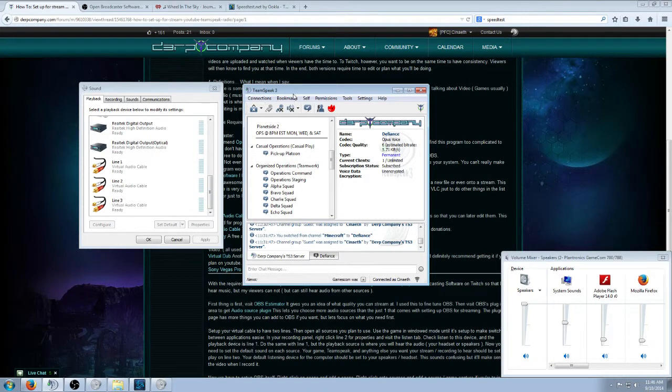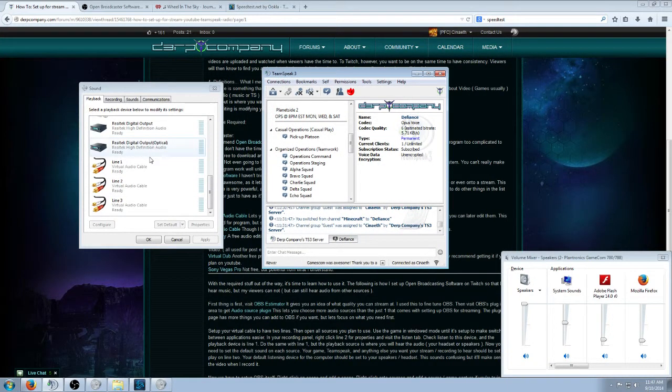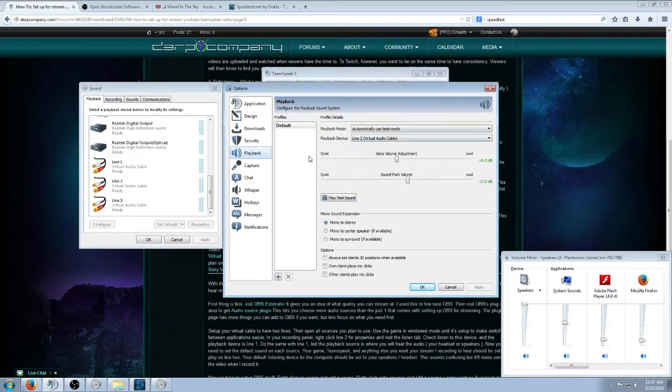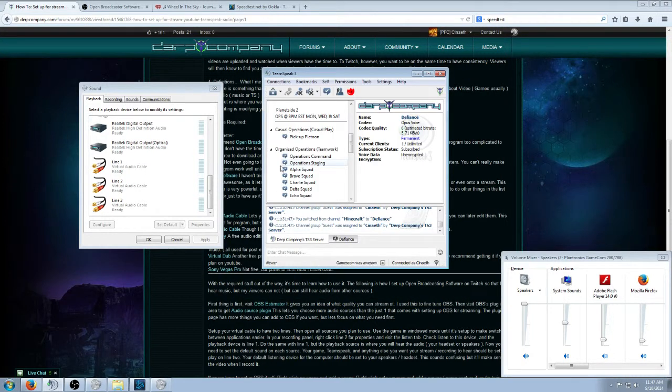Alright, so in TeamSpeak, now that I have all the virtual audio cables set up, I'm going to go into Settings, Options, and you can see that Playback is already selected, and Playback Device is line 2, which means that all sound that is received by TeamSpeak, so anyone talking to me on TeamSpeak, is going to be played on line 2. Now here's a slight problem. That means that if I'm not listening to line 2 as my default speaker, I can't hear anything that's happening on TeamSpeak. But the way that I fix this and get around it, once I set up TeamSpeak to play through line 2,